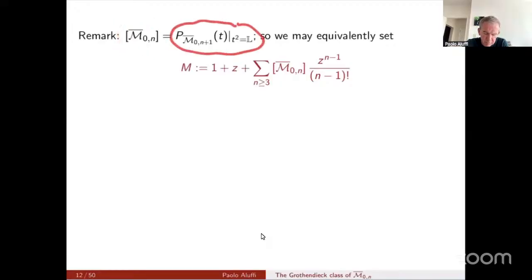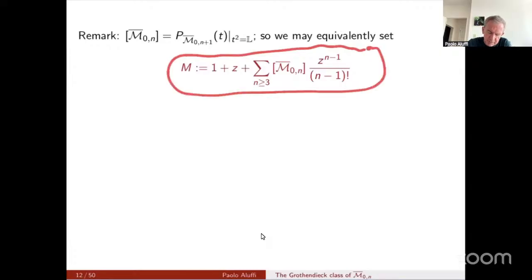Take the Poincaré polynomial, replace t squared by L. I told you that the odd cohomology is 0, so the coefficients of the odd powers of t are 0. Replace the even powers of t with powers of this variable L, which we know stands for the Grothendieck class of the affine line. And then this is the version of the generating function I had on the previous slide,